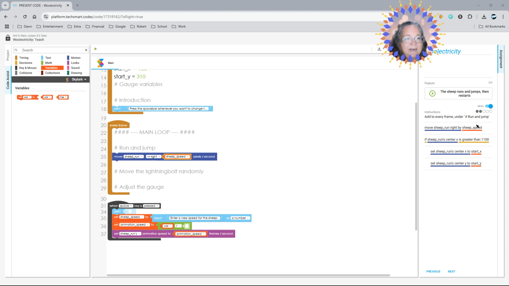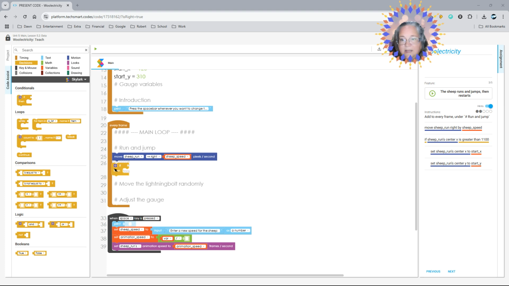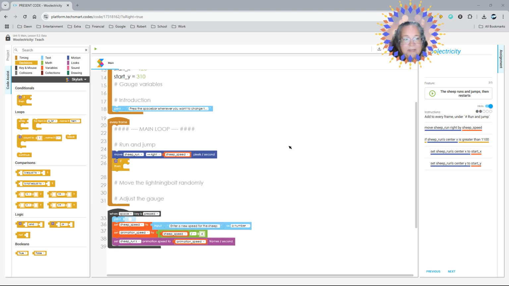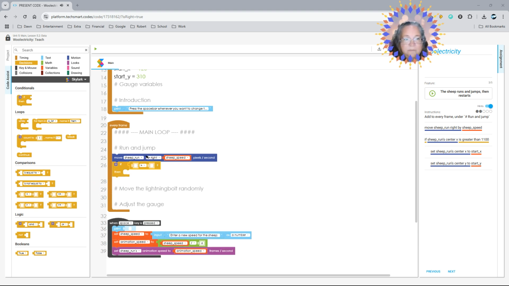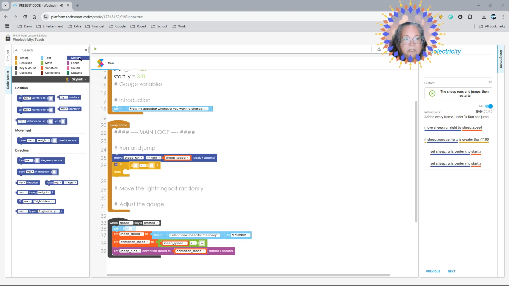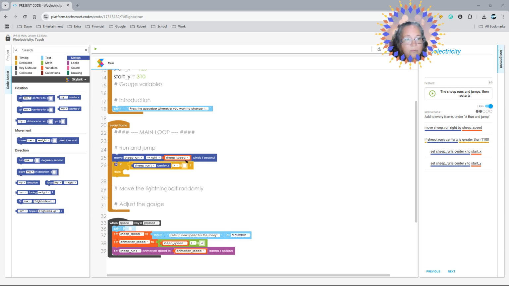And we have an if then. So we're going to decisions, you guys. And it's all under the same thing. If sheep's run center X is greater than. So I need to get the greater than, you guys. And we're going to go back to motion and grab center X. Right now it says my center X, but we're going to change it to sheep's runs is greater than